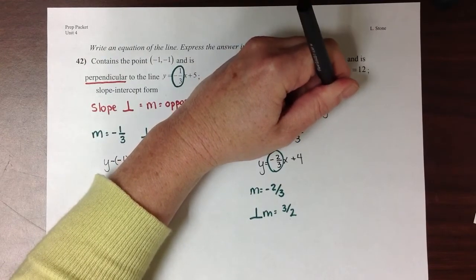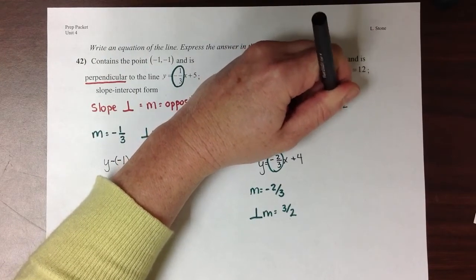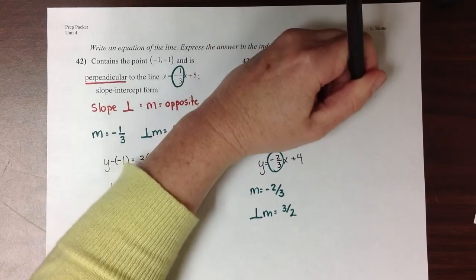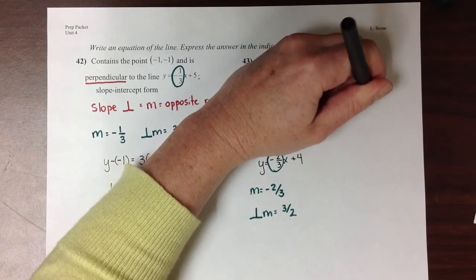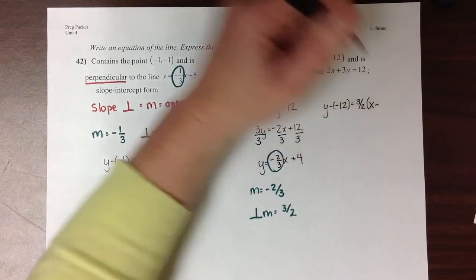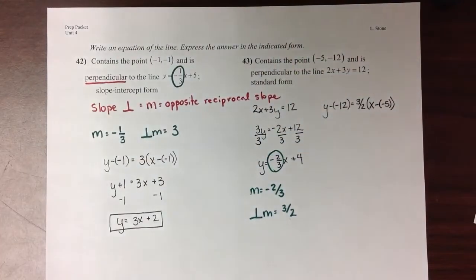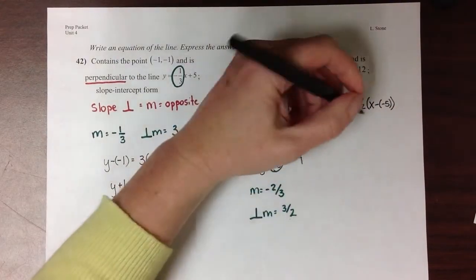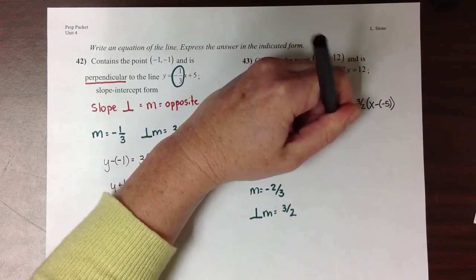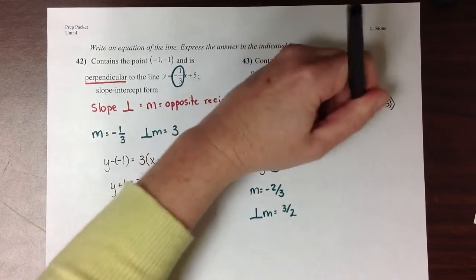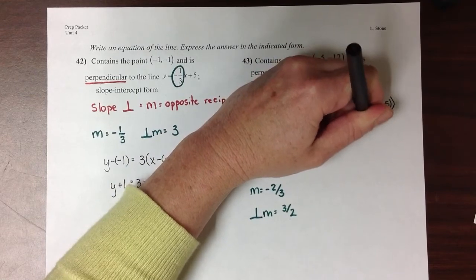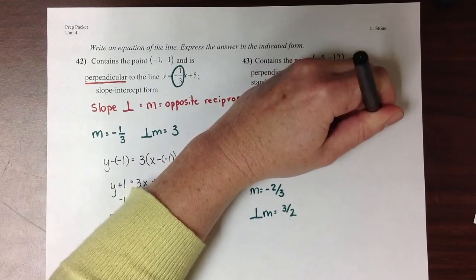Y minus a negative 12 is equal to 3/2 times x minus a negative 5. Simplifying this, I get y plus 12 equals 3/2 x plus